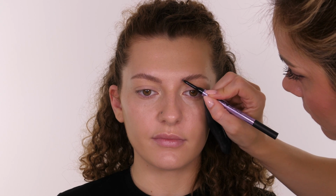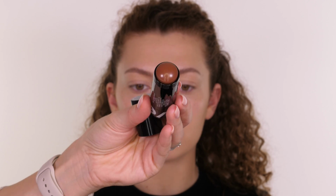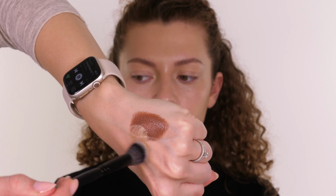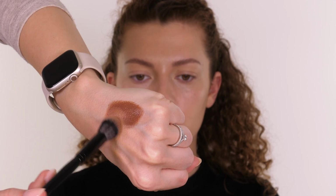I'm lightly filling in the gaps between each of the hairs for a fuller finish, and these will look a lot lighter and more natural once the rest of the makeup's done. Again, I'm going in with very light layers, so I don't want to apply anything that's too heavy. So I'm going in with this cream contour stick by 1999 and adding a little bit of the foundation to it. So it's a lot lighter, a little bit softer, and it just blends in with the natural contours of